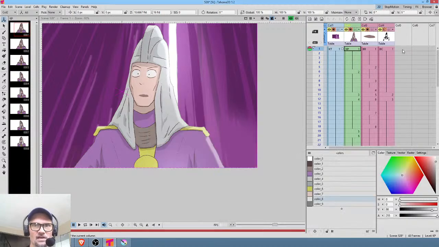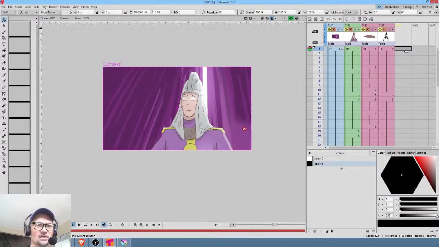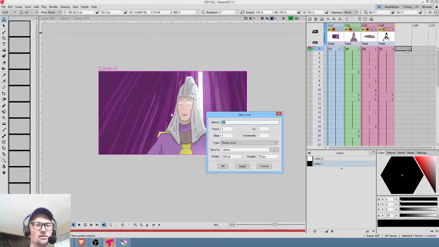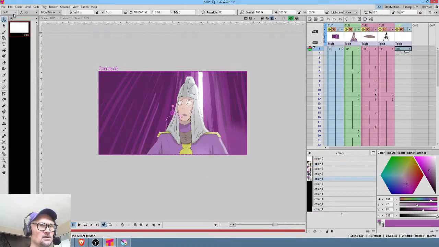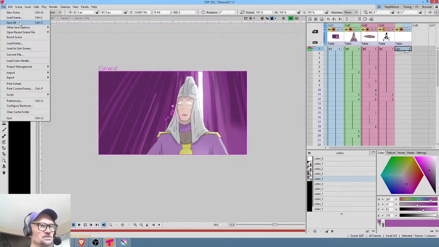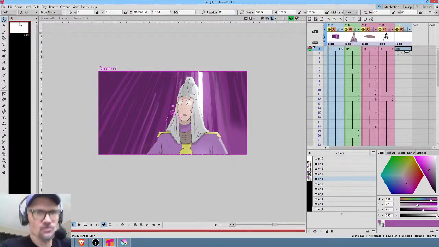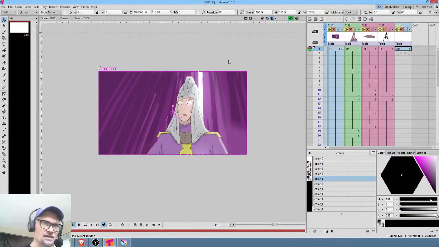Well, yeah, why don't we add a gradient to the whole scene just because we think it's pretty. So I'm going to add a smart raster level. Hello, Tahoma. Probably be a good time to save my work, by the way. File, save all. Boy, am I getting a lot of mileage out of that bloom effect. That's crazy. Alright, so now what I'm going to do is grab my airbrush and just go to solid black,